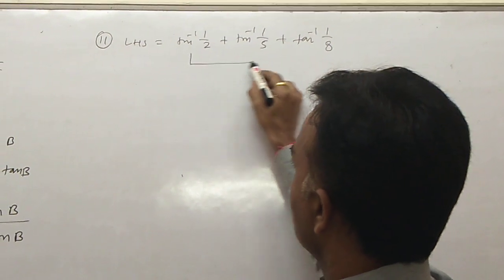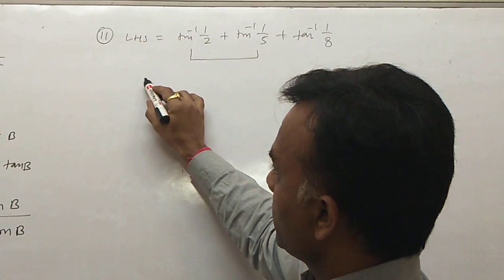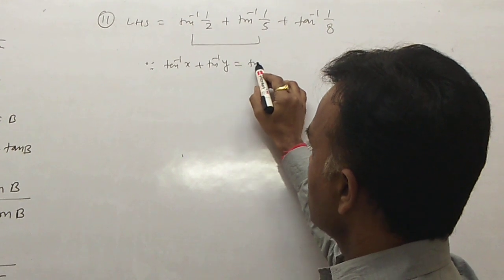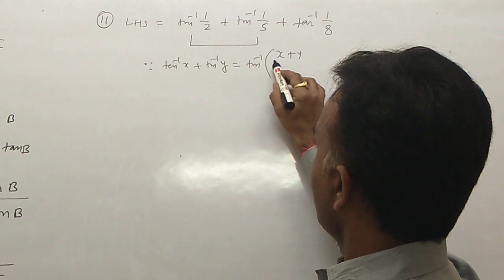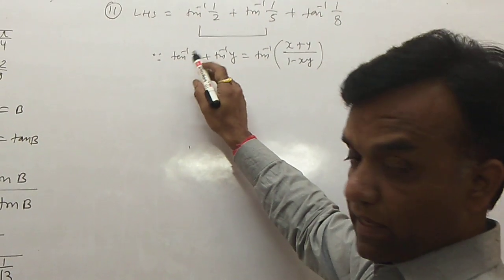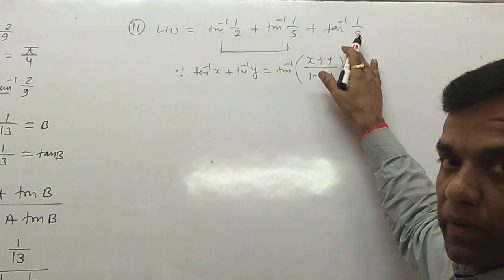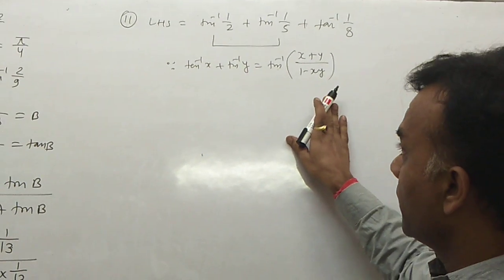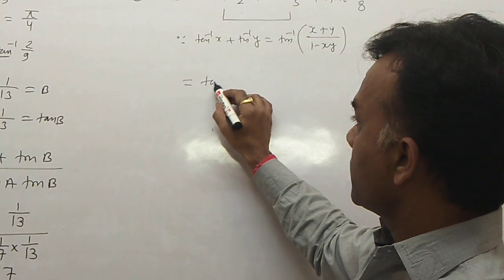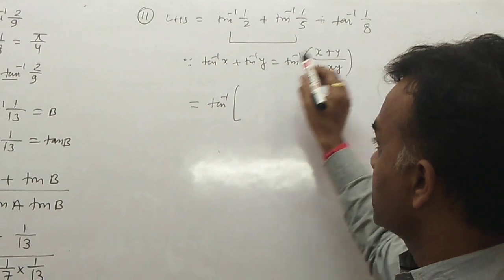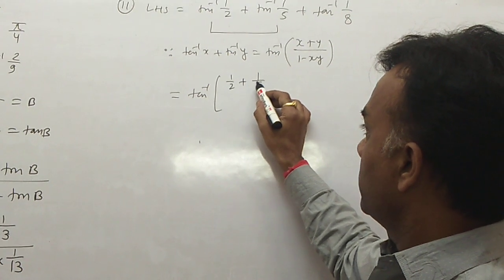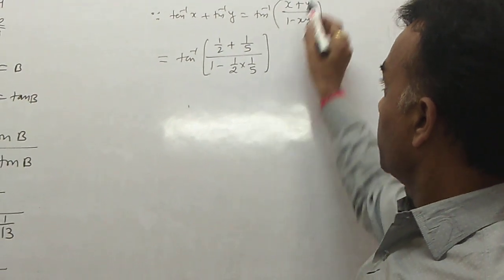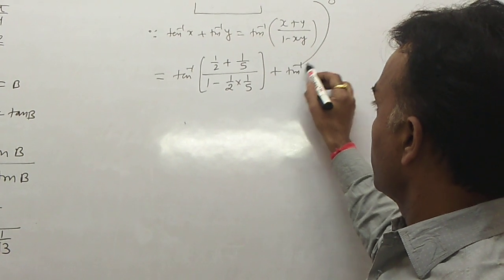Okay, so basically here we use the formula tan of A plus B. So first you write down the basic formula. We know that tan inverse x plus tan inverse of y is equal to tan inverse of x plus y upon 1 minus xy. Because basically, if you have the plus sign, then always you put plus in the numerator and minus in the denominator. And if you have the minus sign, then minus in the numerator and plus in the denominator. So now use this formula and directly we get the identity, because you have three terms. Now this term is left here, so 1 by 2 plus 1 by 5 upon 1 minus 1 by 2 into 1 by 5, and then plus this value put as it is, tan inverse of 1 by 8.